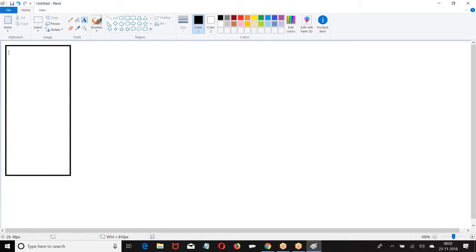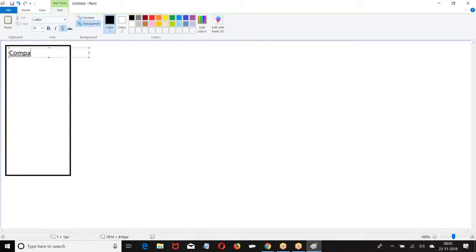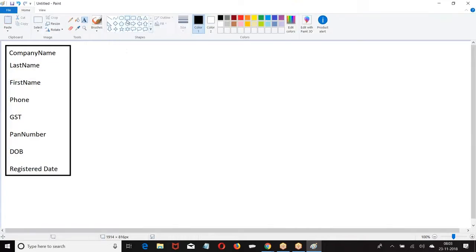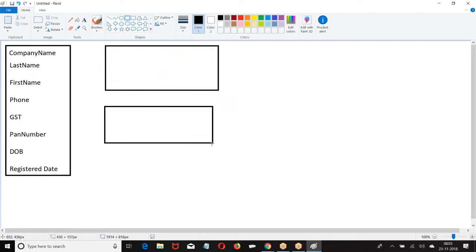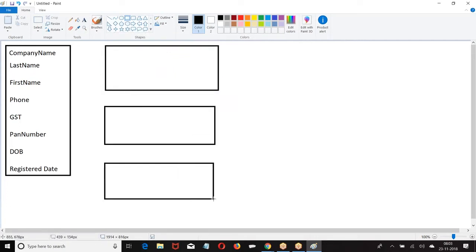This object I have. Now I have created different page layouts here. I have created three different page layouts.